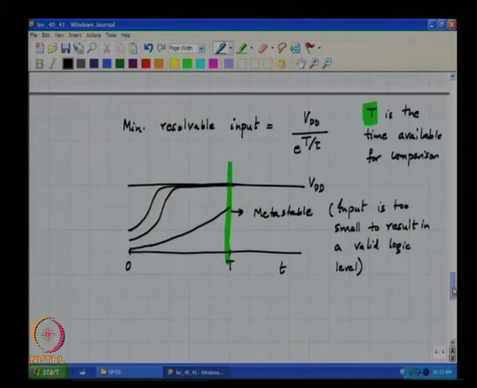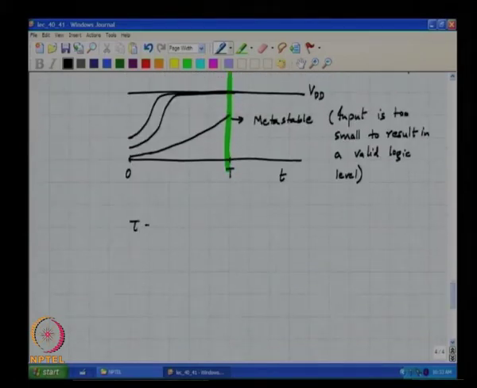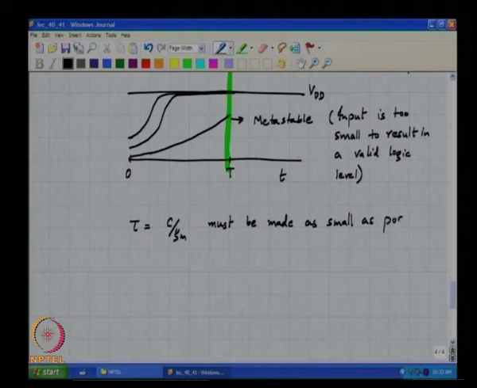So, in other words, tau, which is C by Gm, must be made as small as possible, which means,